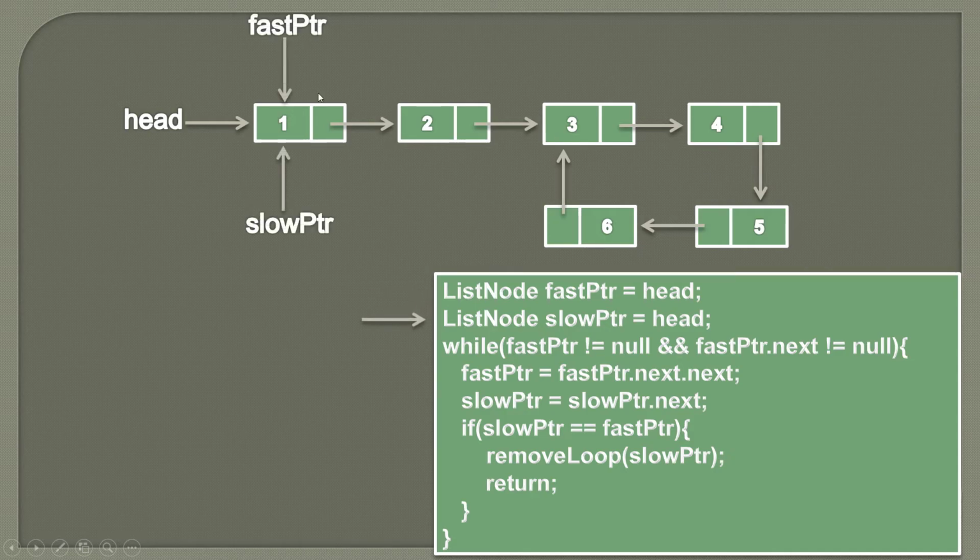So here we are starting both fast pointer and slow pointer from head, and we are providing a condition in the while loop that fast pointer should not be equal to null and fast pointer next should not be equal to null. Because here we are traversing fast pointer by 2 steps, we have to provide this check, because if fast pointer next comes out to be null, then we will get a null pointer exception. So we are providing this safe check here. Currently fast pointer is not equal to null and next is also not equal to null. So we'll quickly go over this demonstration because we have already seen it in our previous videos.